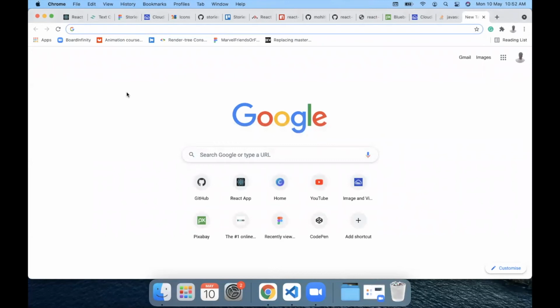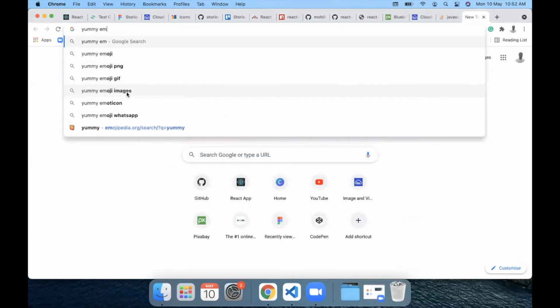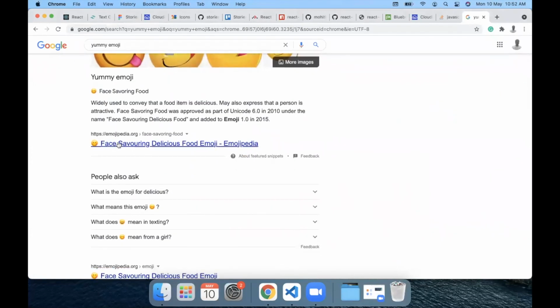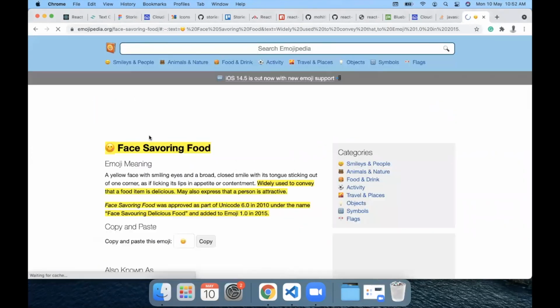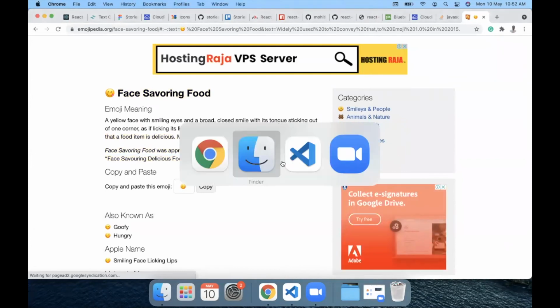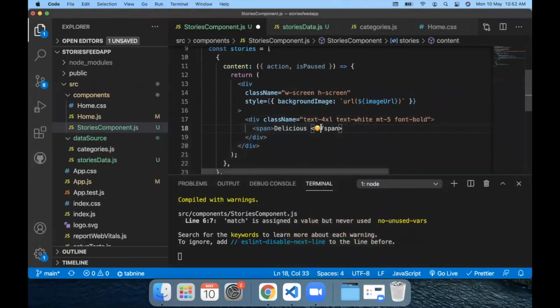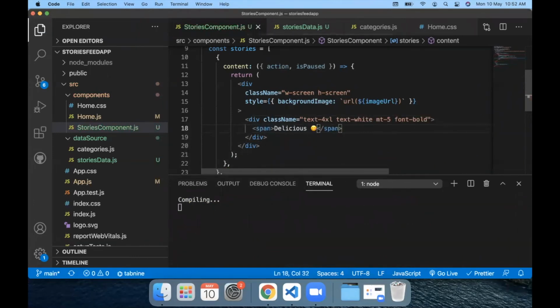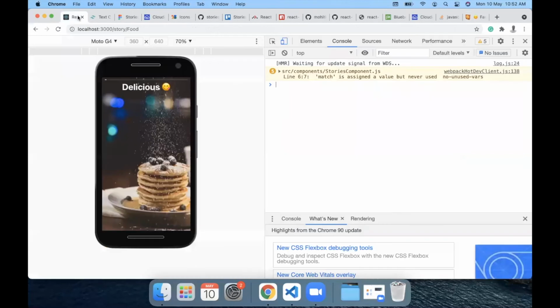So Emojipedia is a site. If you search for a yummy emoji, you will be greeted with this emoji on Emojipedia. Copy this image or the emoji from here and paste it in your VS Code. What this allows us to do is allow this image to be used everywhere. And now we have our caption as well.